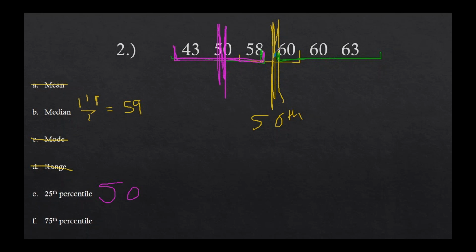Then we go to the upper half. We'll call that the blue half. What's the median of the upper half? 60. So the 75th percentile would be 60. And then again, feel free to do your vertical lines: in front of the vertical, there's 1, 1, 1, 1. I always double check to make sure that I have the same number of data points in each chunk. Okay. Does that make sense? Any questions on percentiles?